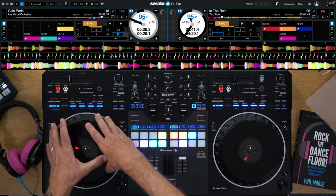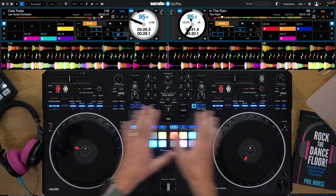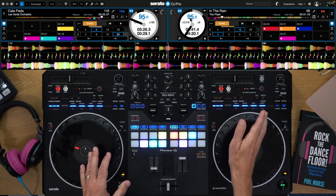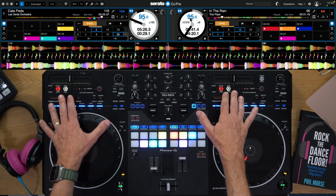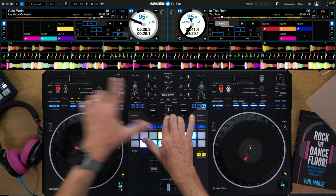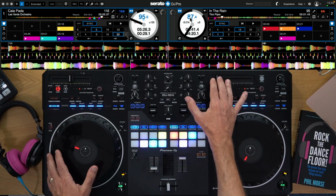In other words, whatever's playing at the time is what this syncs to. So there's no information as to where I want this track to be, because the sync button is turning off anything going on here. So it chooses to always mix it to the original tempo. However, it's keeping the transition in sync for me anyway. So I don't need the sync button at all for this to stay nicely in sync, certainly as far as the tempo goes. So if sync is turned off, I can choose the tempo I want this track to play